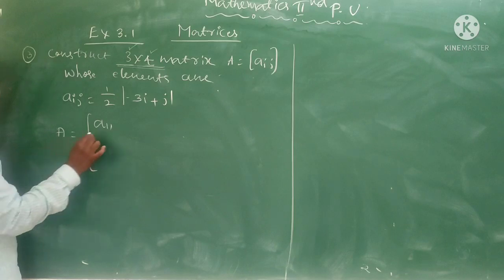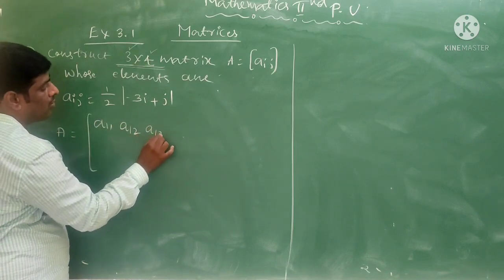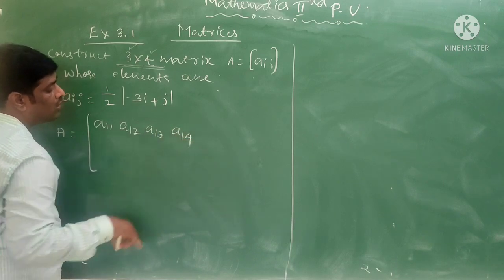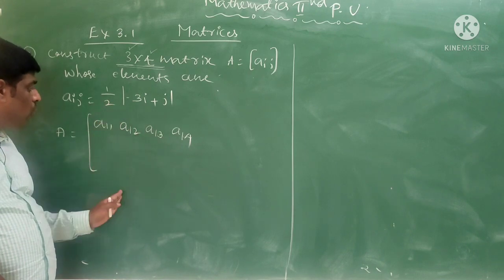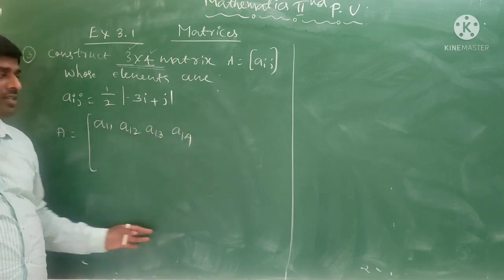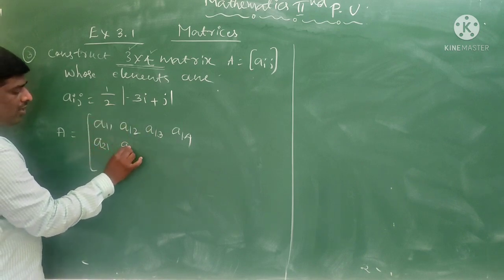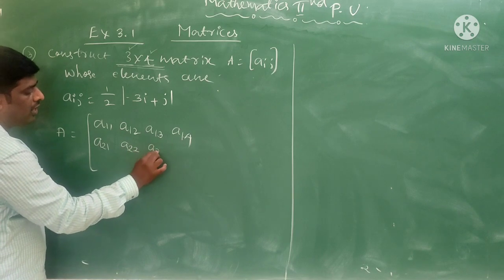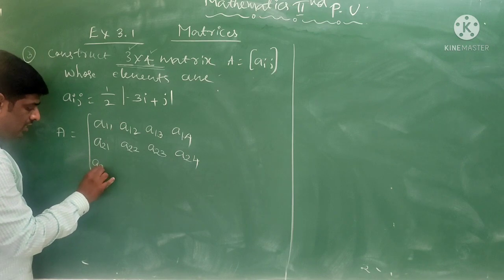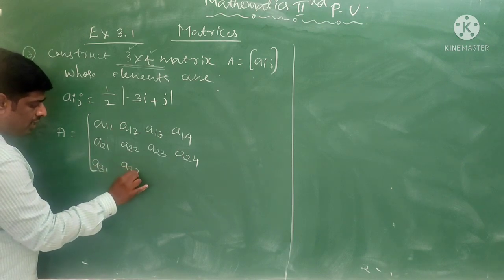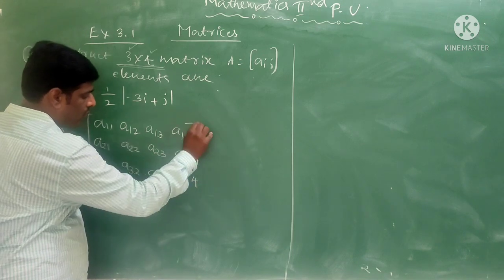A11, A12, A13, A14. That should be 3 rows but 4 columns. Okay, see, 4 columns. Next, A21, A22, A23, A24, A31, A32, A33, A34. Observe children,